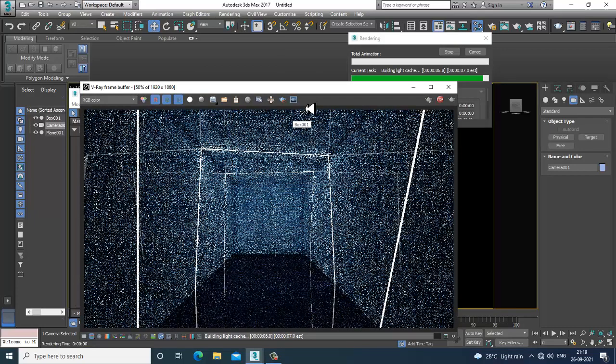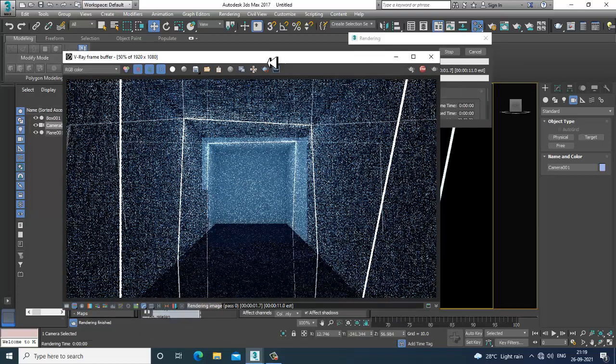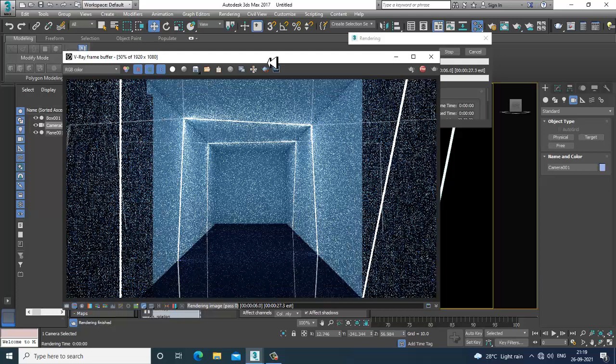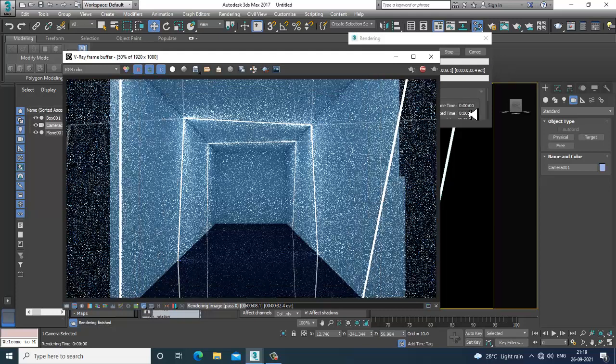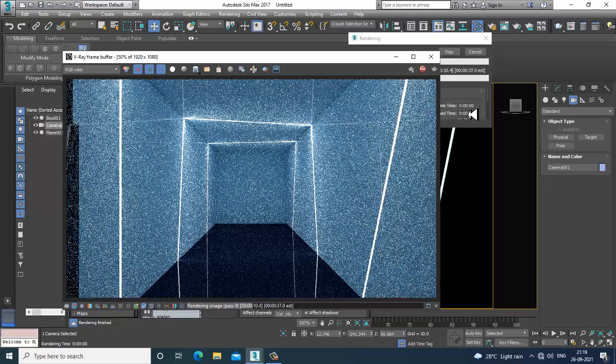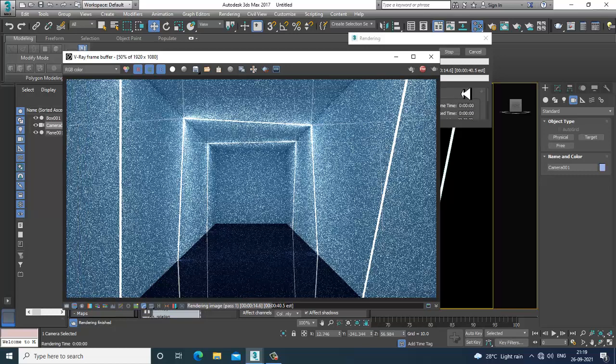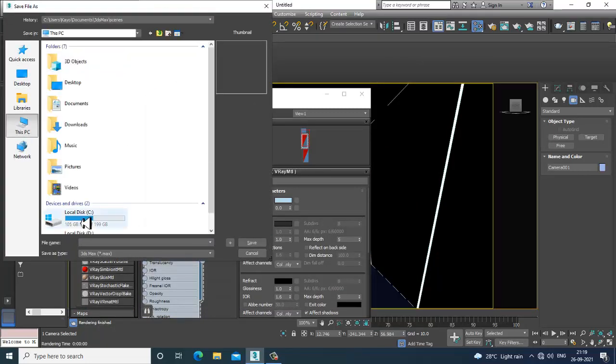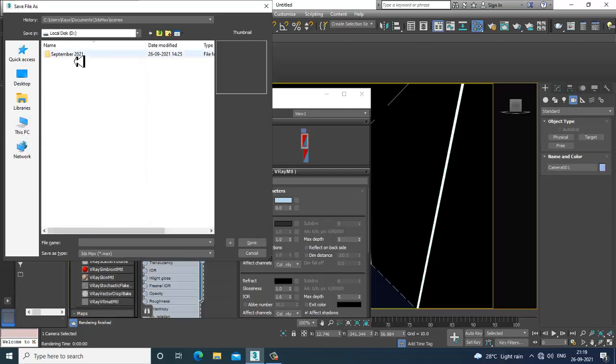Okay, let it just render and see how it looks. I'll just save this file once over here.